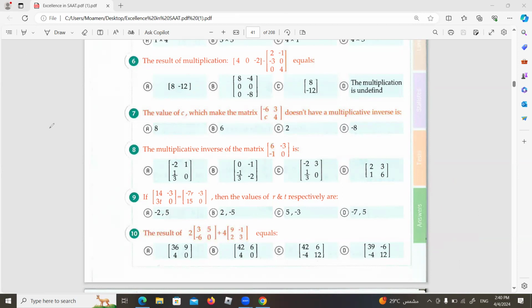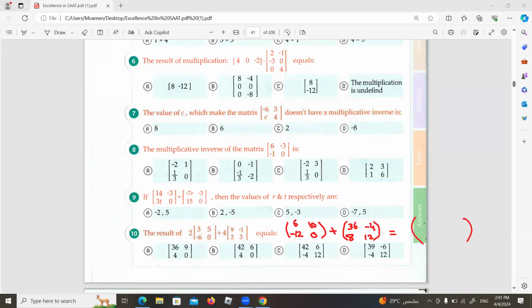The result of this operation, as you see, I need to add. Before addition, I have to multiply. So I need to multiply first. I have to multiply 2 by the first matrix. It will be 6, it will be 10, it will be negative 12, it will be 0. And then after that, plus. We're going to multiply the second matrix. We have here 4 times 9 is 36. So I just write here 36, negative 4, and 8, and this will be 12, which equals